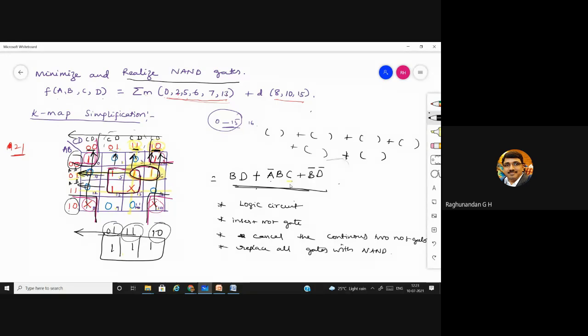So the next part, writing the logic circuit, inserting the NOT gate, I have already discussed yesterday. We already know, and this is a very simple circuit, so you can do this. I hope you are doing the NAND realization and NOR realization, because yesterday I could see many of you had done it correctly. If you have not understood that, please let me know.